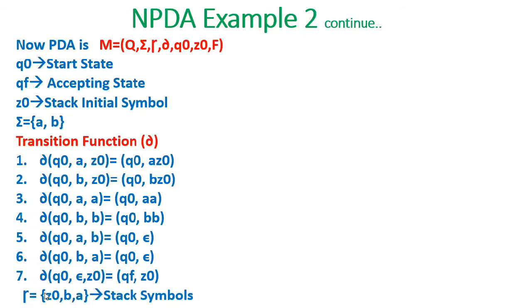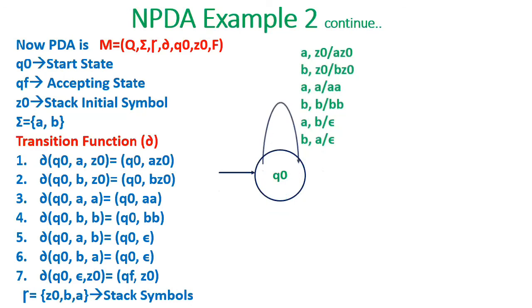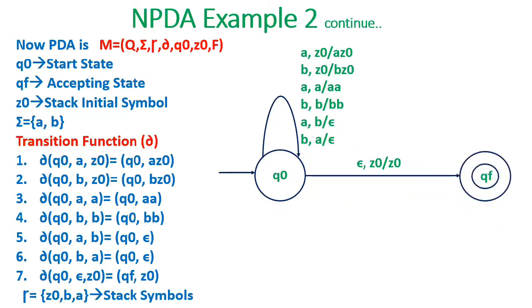Okay, these are the symbols that entered the stack. Z0 was already there. Either we push B or we push A. Hence we'll take Z0, B, A as the stack symbols. And the transition diagram is Q0. These are the set of statements in the self loop, and there is only one statement where the string is empty and the stack is empty. We'll go to the